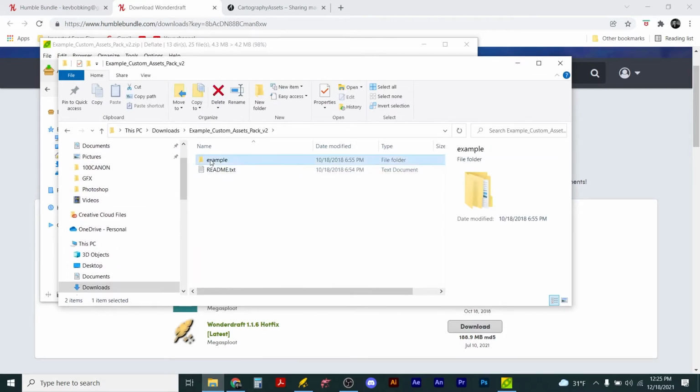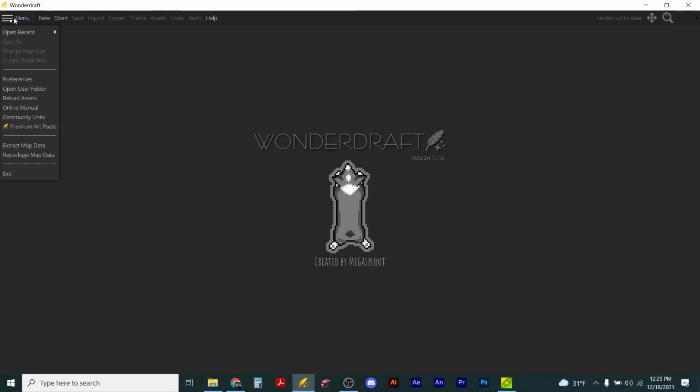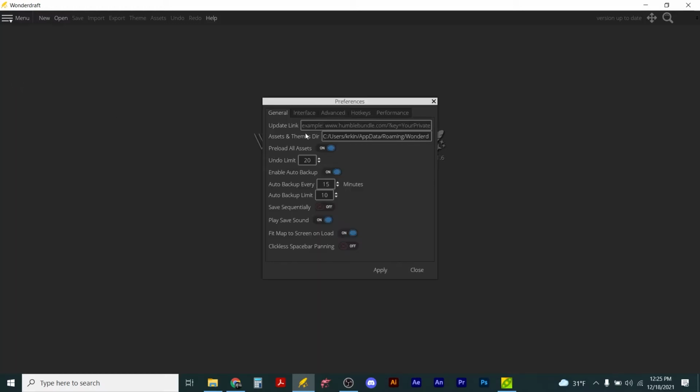For me, it's in my downloads folder right there, and here it is. This is the format that you'll use, as you'll see. So this is ready to be copied. Where do I copy it to? Well, if you go to your Wonderdraft, you'll see here in your preferences where the assets and themes are. And you can literally just take that, copy it,